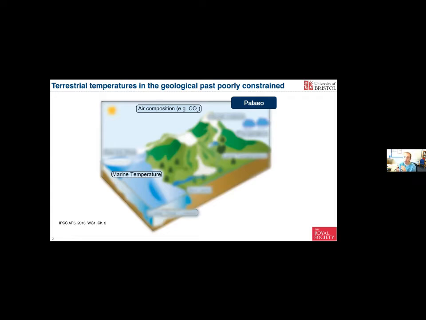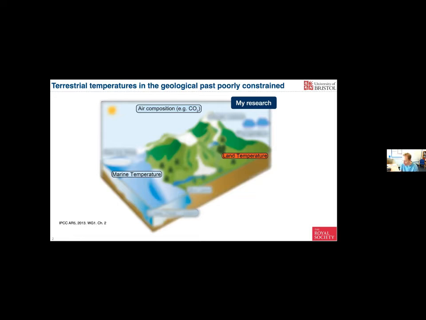Composition of the air is also quite well constrained, especially for the bit where we have ice cores. But even for the last 65, maybe 100 million years, we have quite a good understanding of what CO2 did. But some other key bits of Earth system we don't understand very well. One of them is temperature on land. And that's what my research is focusing on: reconstructing temperature on land, finding new methods we can do it, and then applying them. You might ask yourself, well, if nobody has focused on it so much, although I'm aware a lot of people in this meeting have focused on terrestrial temperatures and other aspects,